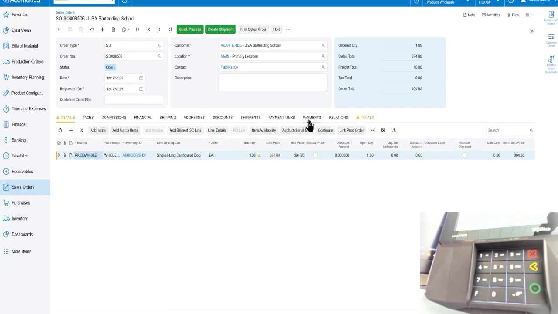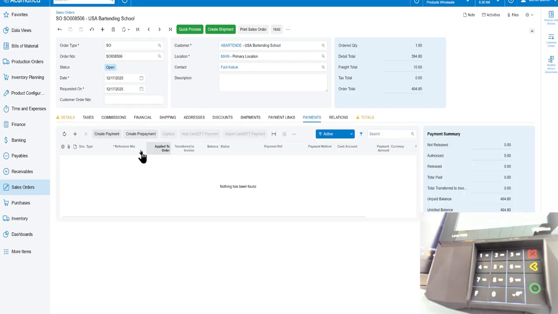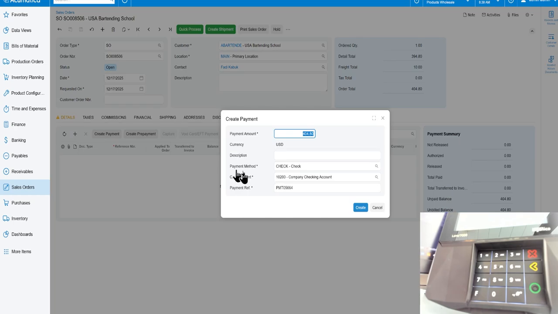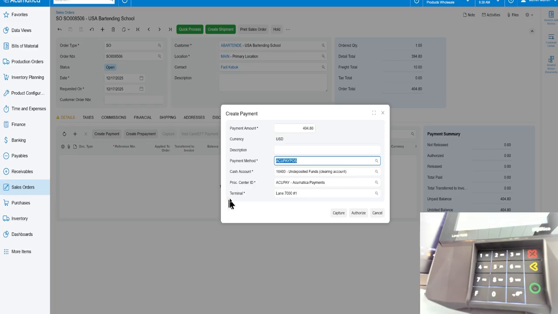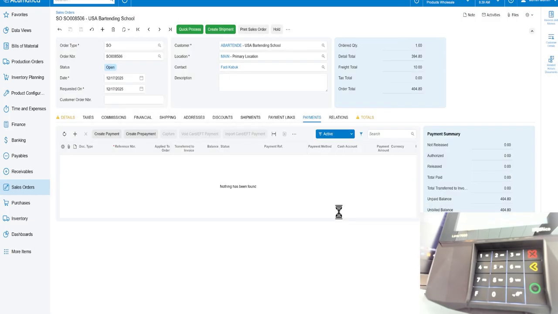And so if we wanted to take a payment on this, we can click on the Payments button. We can click Create Payment. So we're going to take the full payment of this sales order. We'll switch our payment method to this AcuPOS. And notice the terminal option here. So the terminal option, whatever credit card terminal you're in, whatever lane you're in, you can choose that. And then if we hit Capture here,